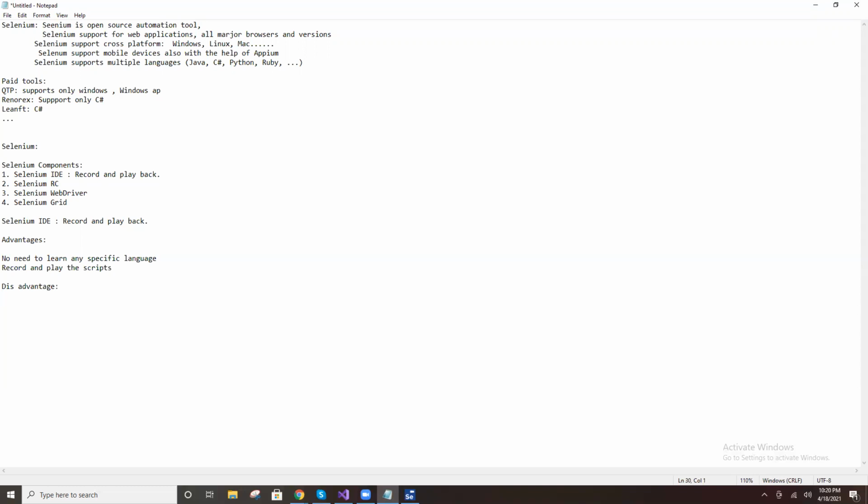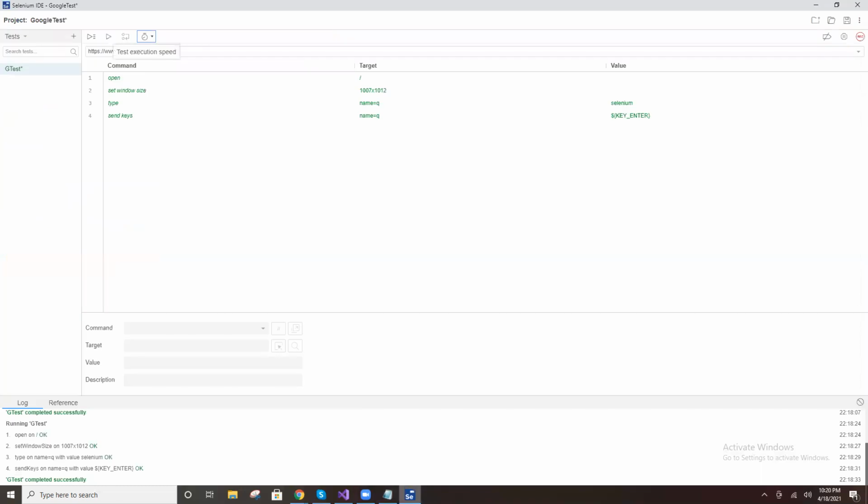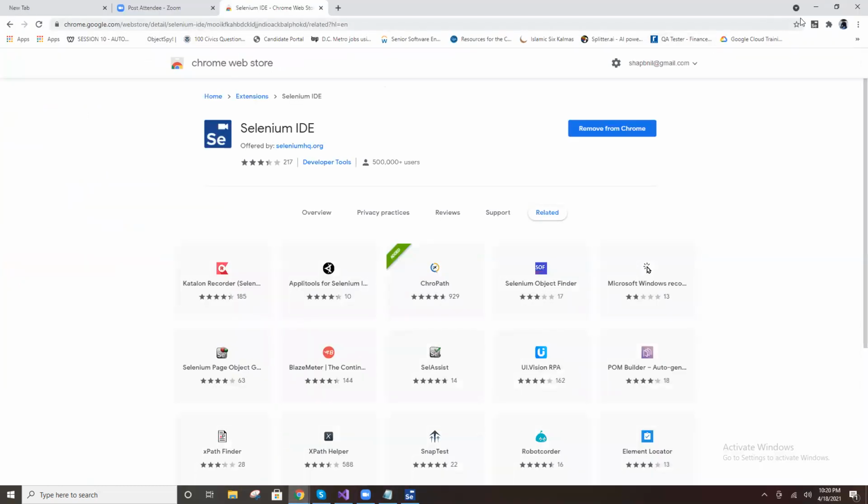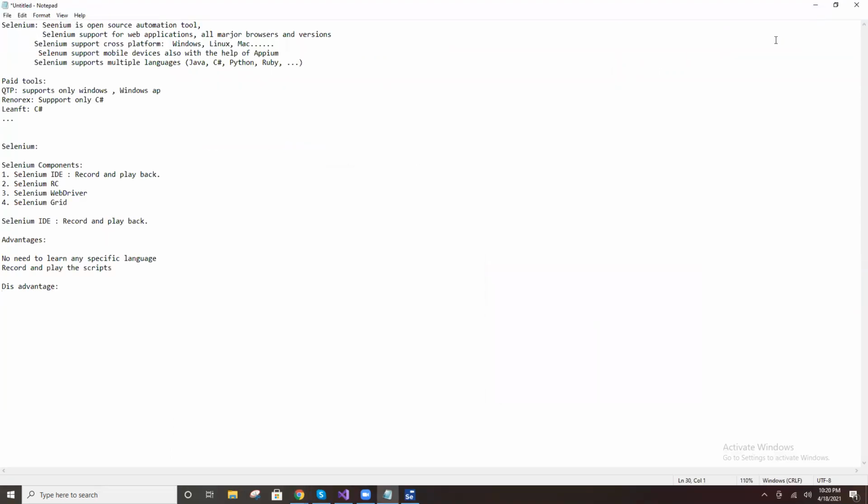See, some disadvantages are also available. This is a plugin; you just install the plugin in Chrome. It is not possible to run this script in the Edge browser. This extension is available only for Chrome and Firefox.